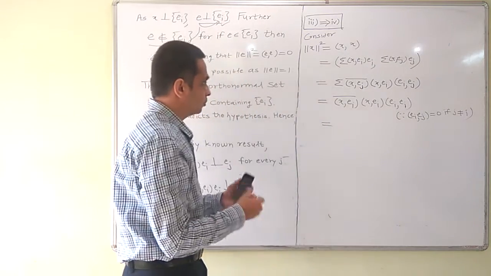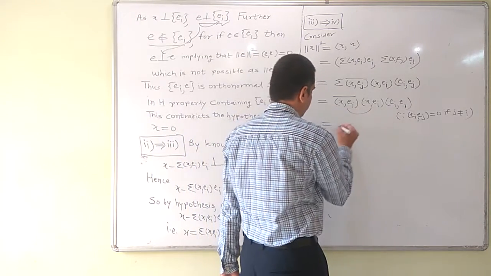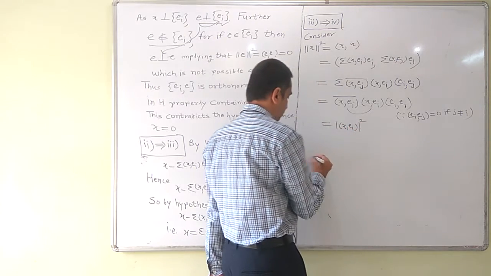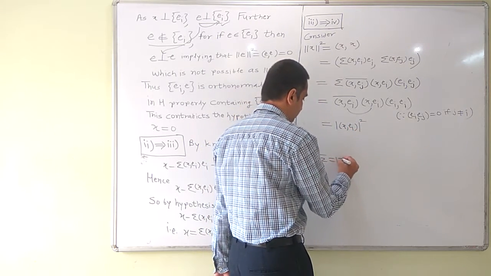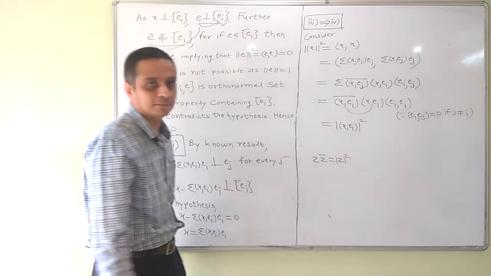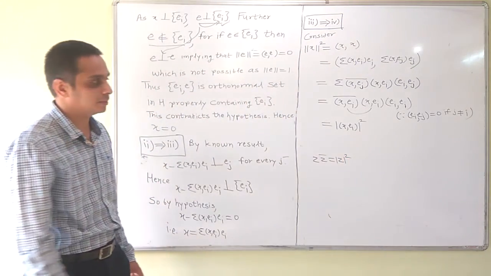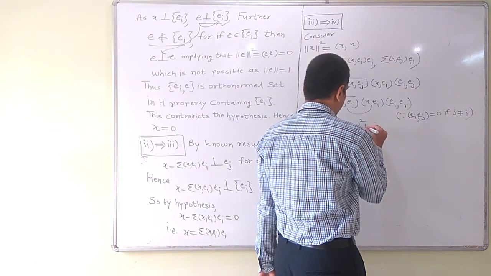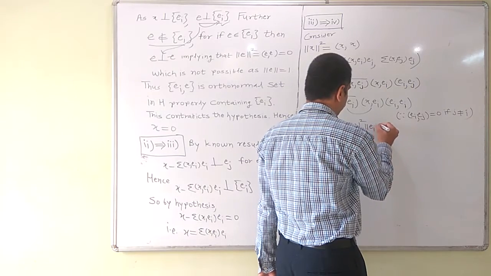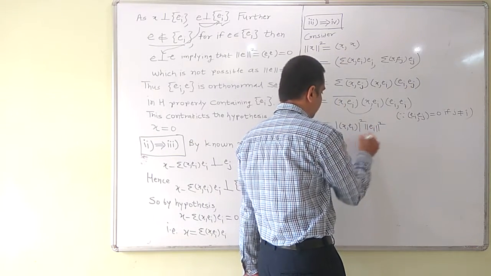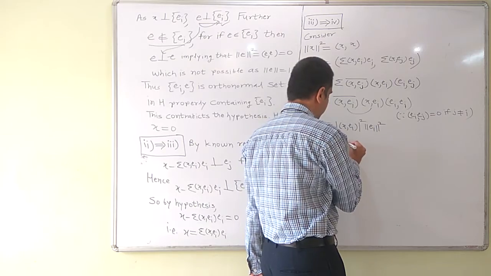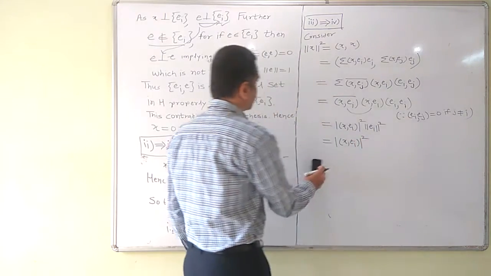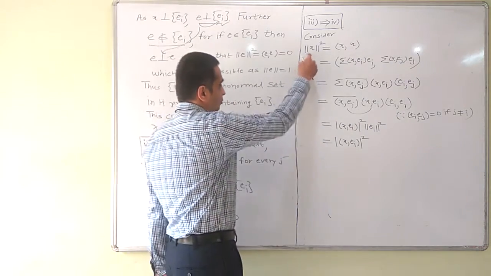So this is going to be equal to, what? These are conjugates of each other. So that is going to be equal to mod x ei square, because we know z into z conjugate always equals mod z square. z is a complex number, so inner product is always a complex number. And this is going to be equal to norm of ei square, and that equals 1 because it is an orthonormal set. So this is nothing but mod x ei square. So thus we proved that norm x square equals to